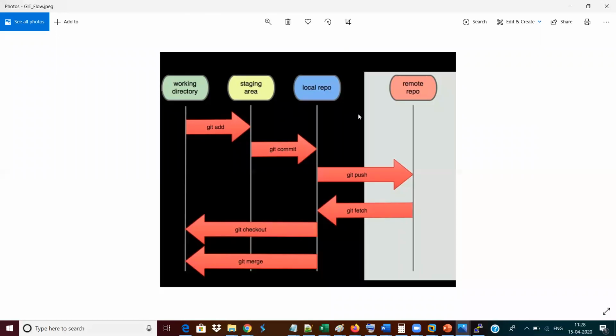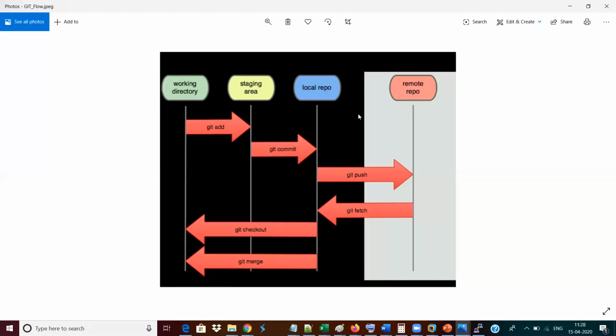Yes, this is your staging area. This staging area will be helpful for you to store or keep your data temporarily, so that if you have a second thought of reverting back the data, yes, you can revert it back. For that reason we have a staging area in between. But sometimes we can skip the staging area also. I will tell about that later on.